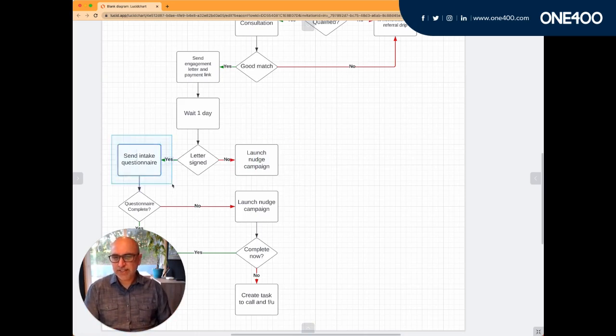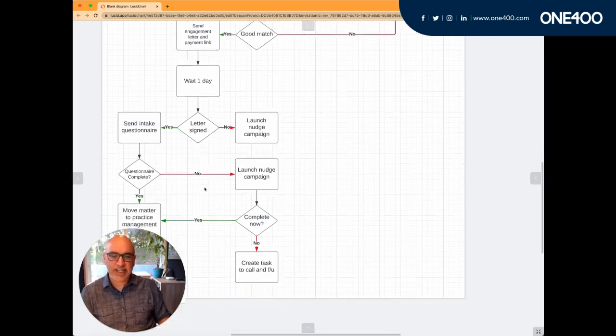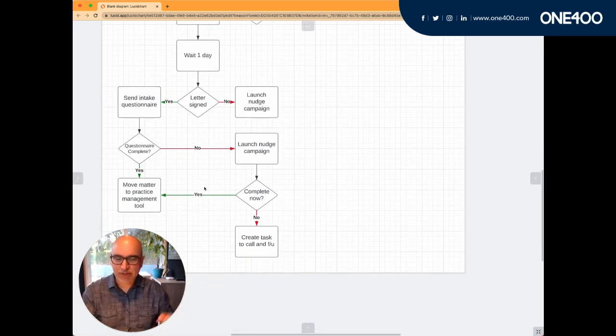On the other end, let's assume that the engagement letter is signed. Yes, right? So now we're ready to do an intake questionnaire. That could be like, if you're doing prenuptial agreements, hey, when's the wedding day? What's the name of the opposing party? It's probably stuff you would have captured in the sales qualification process, but maybe there's like list any names and birth dates of minor children or list assets, right? Whatever your intake questionnaire is for getting started with the work, you can have software just do that for you,